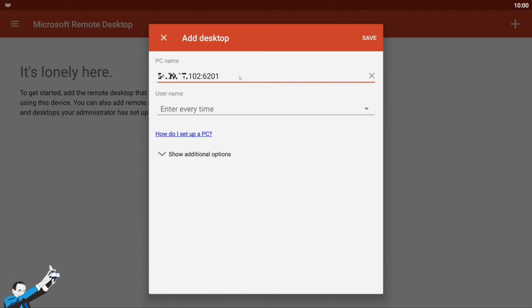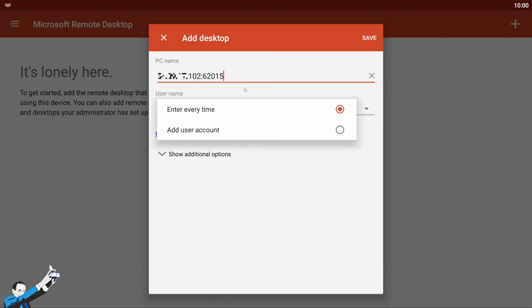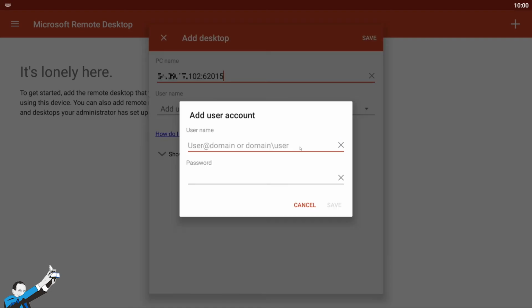After having entered the IP, if you've configured RDP on a specific port, you can enter the port number to connect. Then you can enter a username here and also save it. If you want to always log in from the same location, and this location is personal and not public, you can add a user account, so that every time you won't have to authenticate and re-enter your username or password, which could be a hassle.